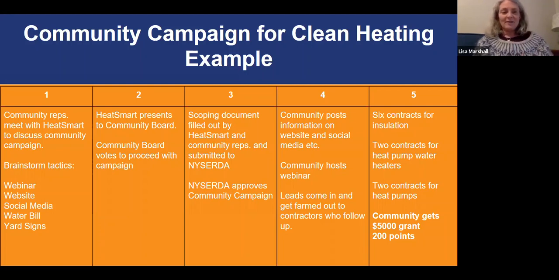So this whole process, with a motivated group working together, could take maybe 2 to 4 months from beginning to end, more like 4 probably, realistically. And I'll wrap up by saying that clean heating and cooling communities